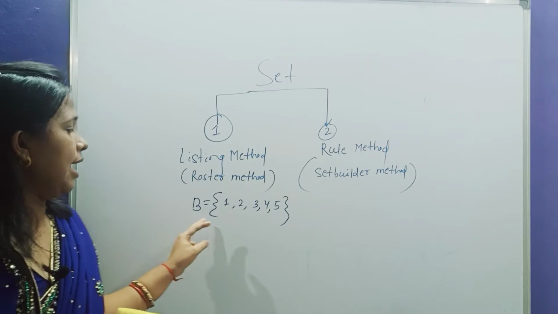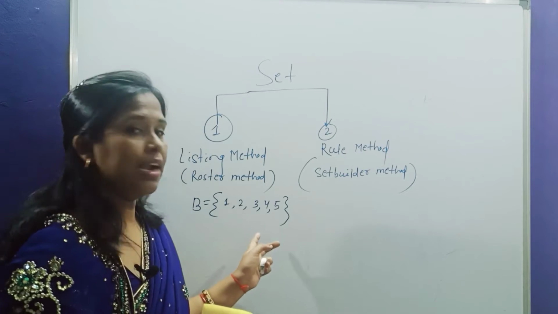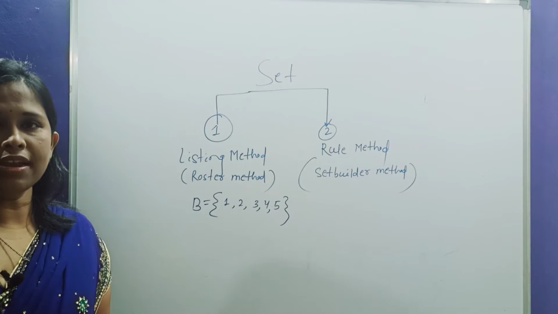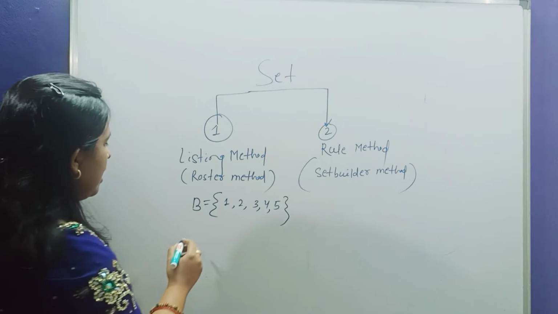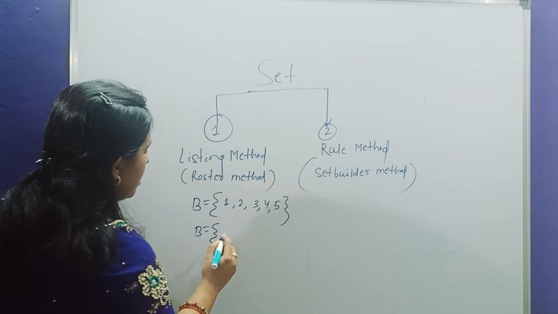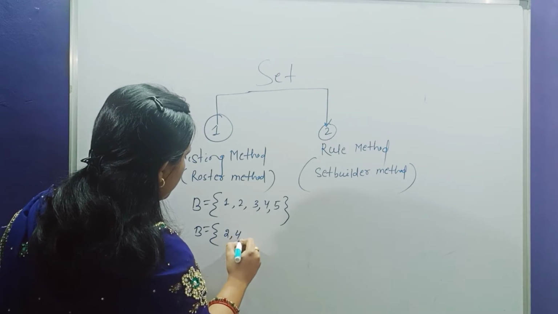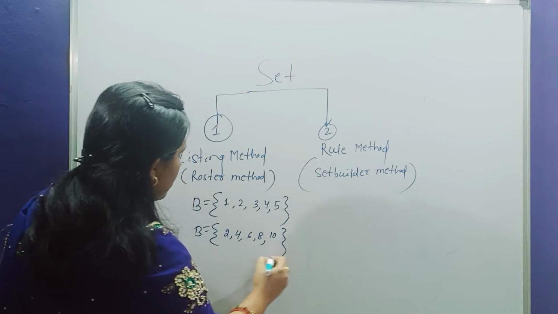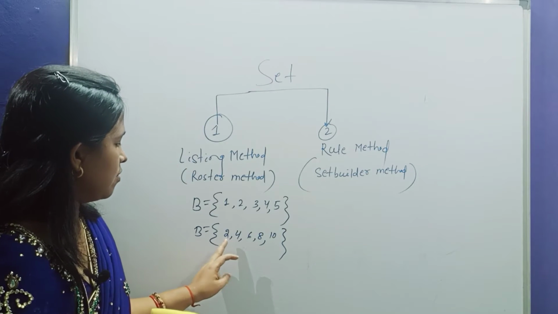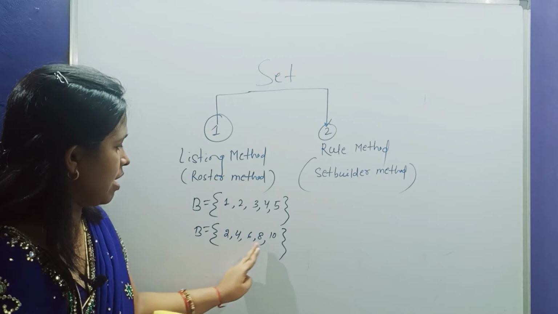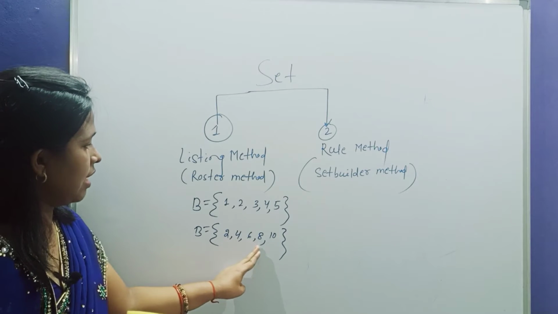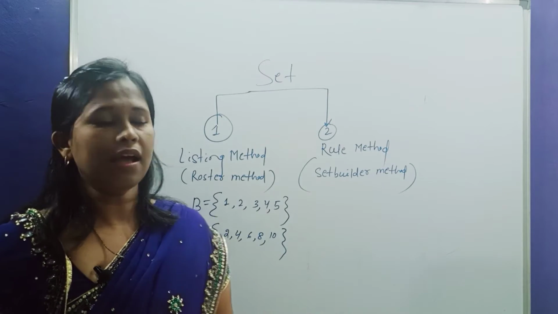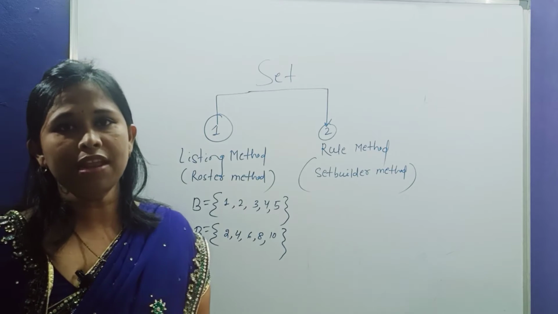Suppose I am writing, take a set of the first 100 natural numbers. Then you can write 1, 2, 3, 4, 5, 6, 7, 8 up to 100. If I am writing a set having even numbers 2, 4, 6, 8, 10 in this way, these are the first 5 even numbers. If I am telling you to write down the first 20 even numbers, or the first 30 even numbers,